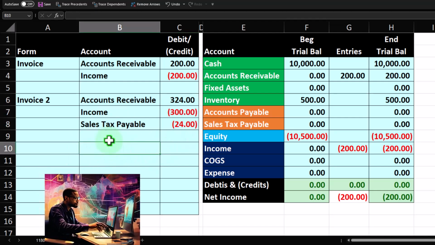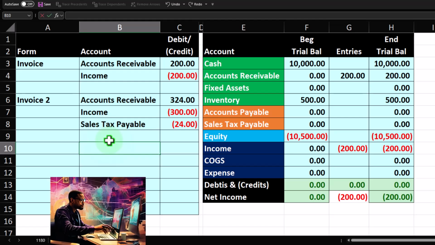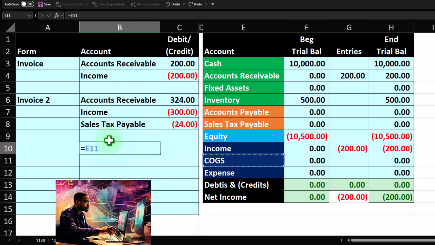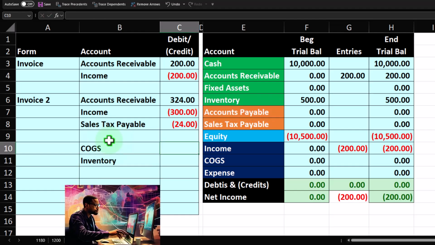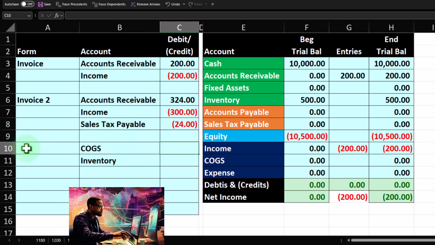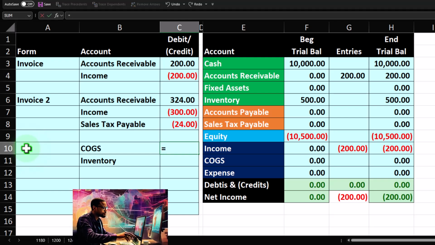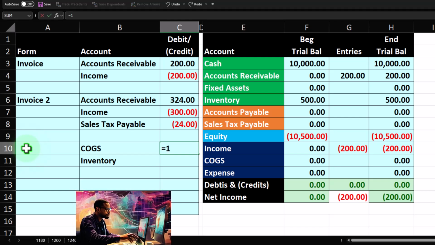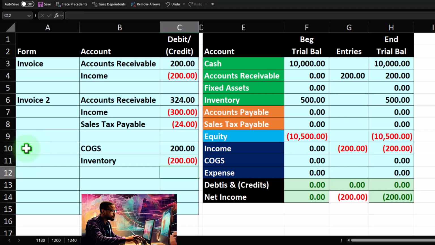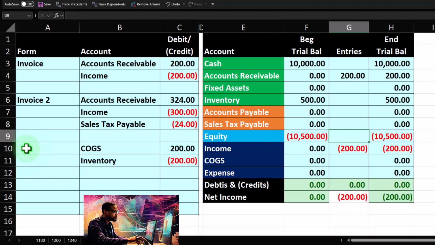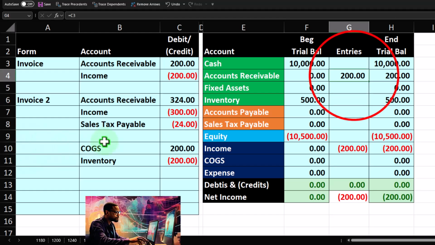And then I'm also going to have the cost of goods sold and the inventory. Cost of goods sold and inventory, which I can think of as another transaction in essence. For the inventory, it's going to go down by the cost, which was 100 times 2. And so there it is. So let's think about this one. So, okay, now I'm going to say accounts receivable is going to go up